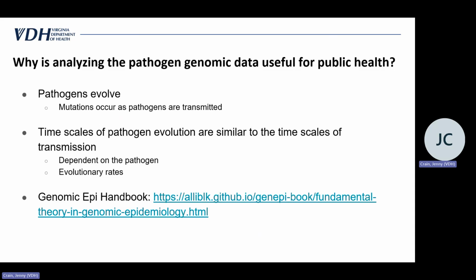And then this last slide point here just is a shout out to Allie Black, who works for the Washington Department of Health. She created this really great genomic epi handbook during the pandemic, and I found it particularly helpful. So thank you for her permission to reuse some of her slides or figures in these lessons in the series.